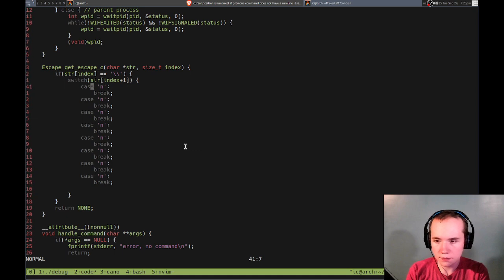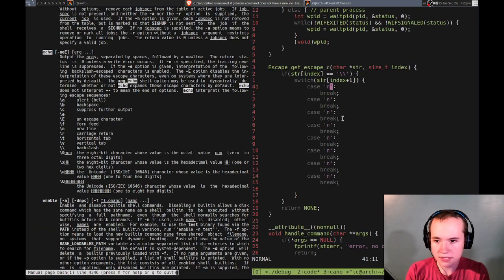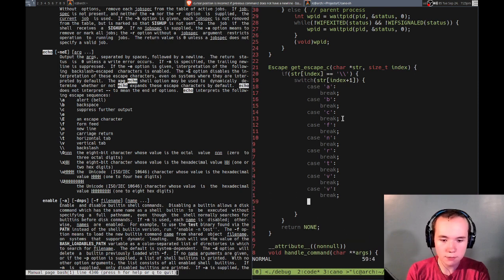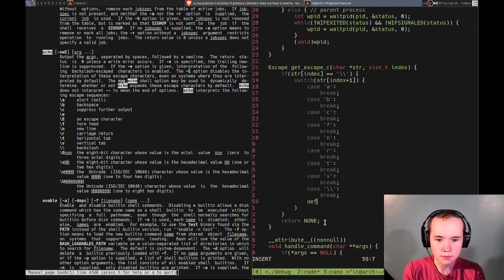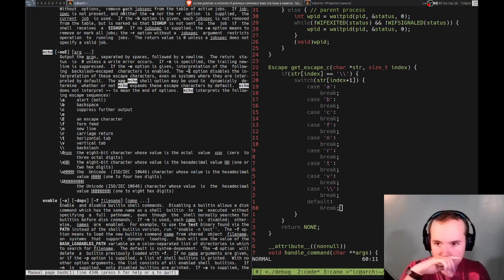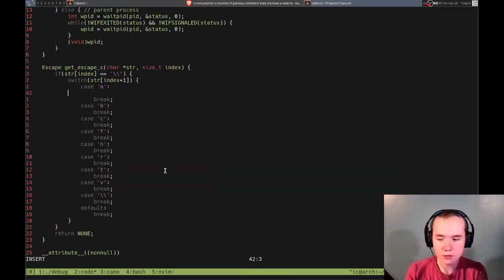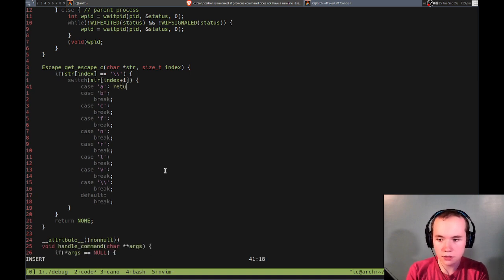Alright, n. Let's not start with n because I want it to be the same order as this. So we'll do A, B, C, and I won't do the E yet. N, R, T, B, and then also the double backslash. Okay, and then in the default case, well, do we need to handle default? We can just sort of break out of this, right? Okay. And yeah, this is going to return. Well, we don't need to break it. We can just return